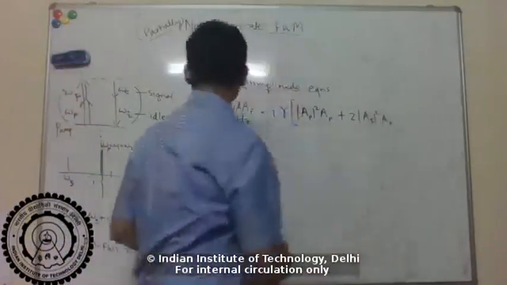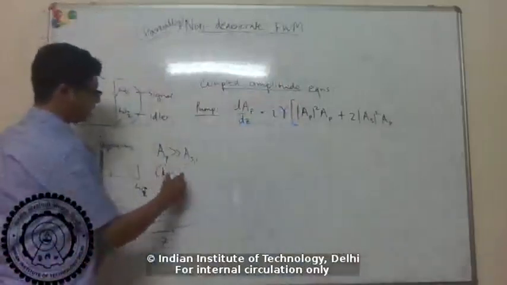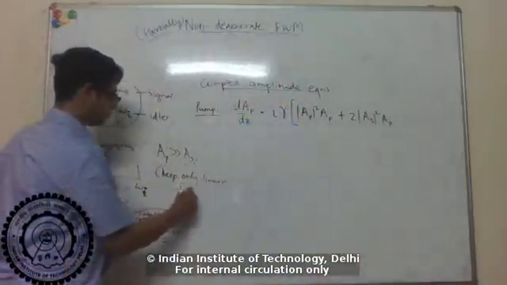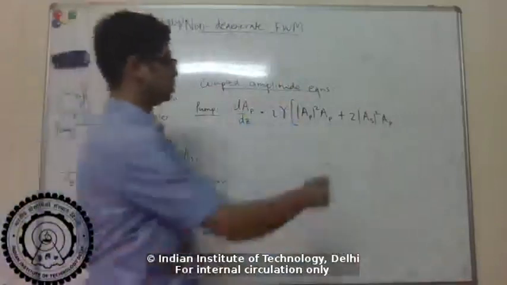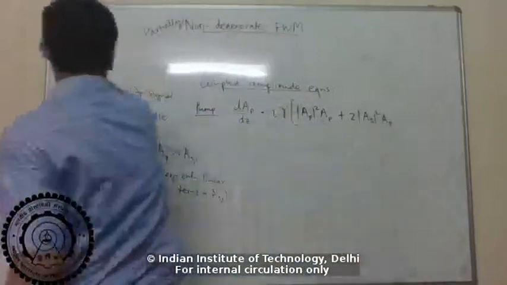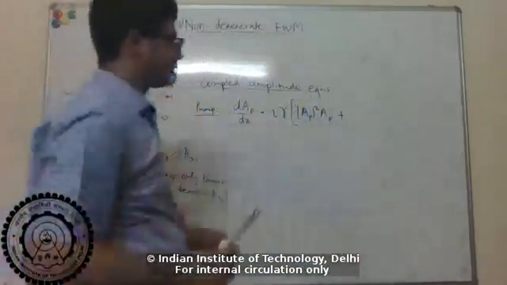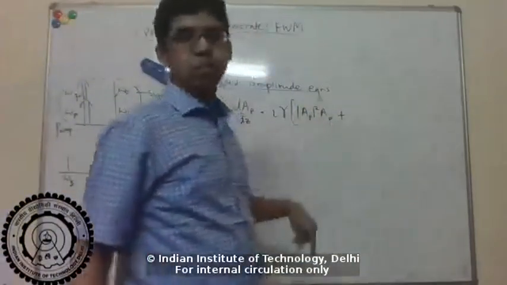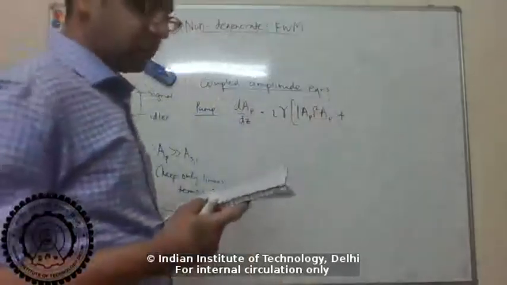Right? But we neglect these terms because, again, we say that AP is much bigger than AS and AI, keep only linear terms in the signal and idler amplitude. So this is square. So the cross phase modulation terms from the signal on the pump we neglect, because we're saying that the self-phase modulation of the pump is much higher than those two. Apart from that,